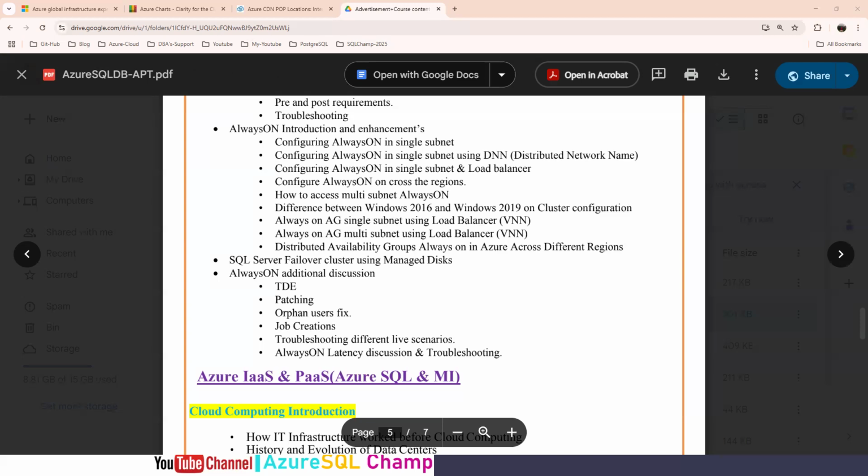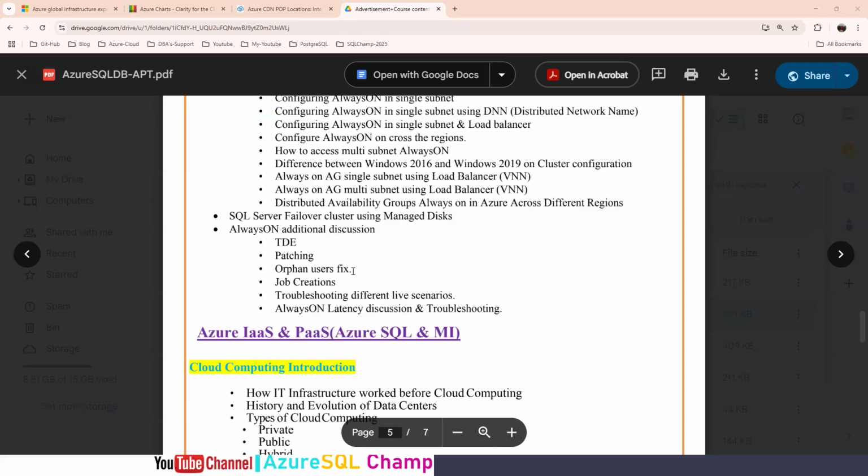So you should know how to spin the VMs, how to spin the networks, how to make the connectivity between the networks. And you need to build up clusters. You need to build Always On availability groups. So we are going to discuss everything from the scratch level, starting from the VMs spinning, to the AZ configuration, to the cluster configuration, distributed Always On availability group configuration. We are going to do everything from scratch. So almost 2 to 2.5 weeks will be spent on clusters and Always On.